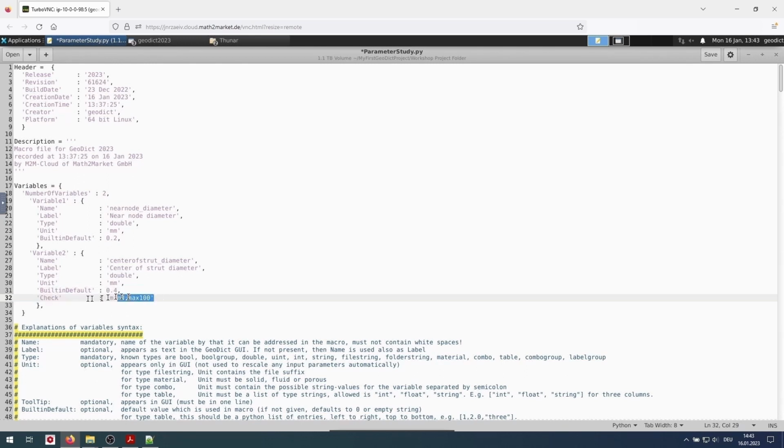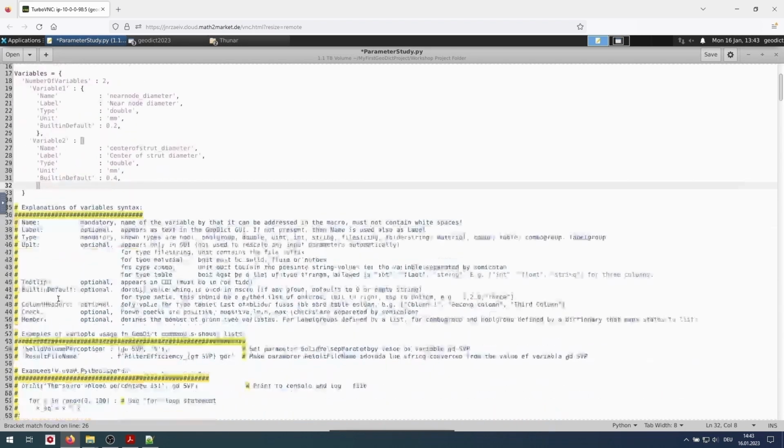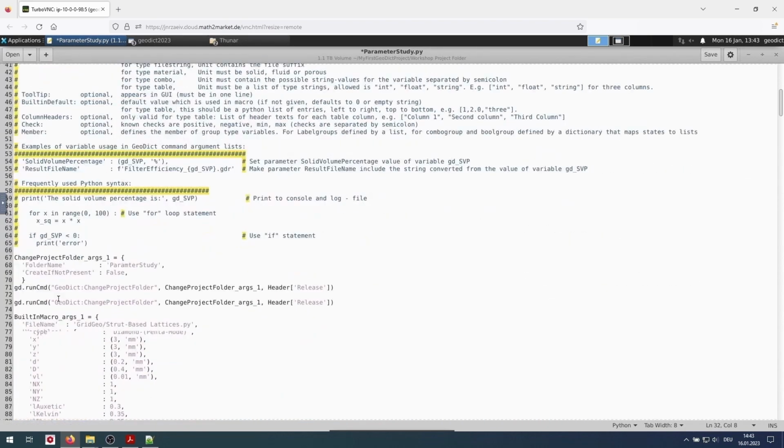And also no check is needed. And take care to remove also this small comma. Now we go down to the change project folder. We select create if not present and change it to true.